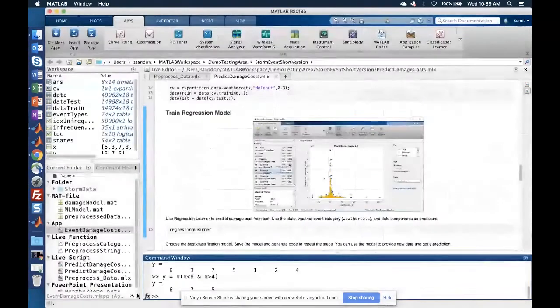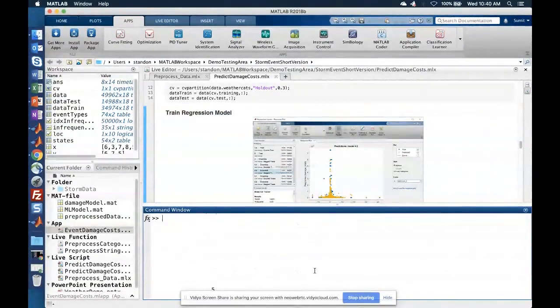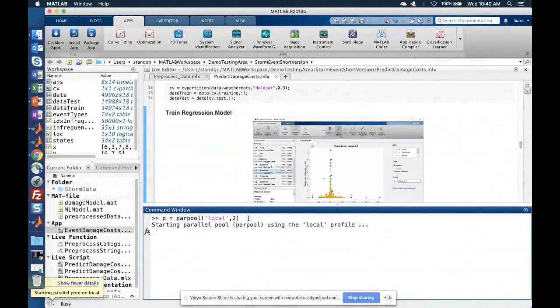To show you how you can open up those workers, there are different ways of doing that. You can go to the bottom left of the screen, and if you have access to Parallel Computing Toolbox, you can just say Start Parallel Pool, and it will start a pool of workers for you. Or we can take advantage of commands as well. If you remember, we saw the parpool command in the script for preprocessing data. So I will show you how you can use that. I'm going to open up a pool of 2 workers of MATLAB on my local machine, so that I can use those for speeding up the fitting process.